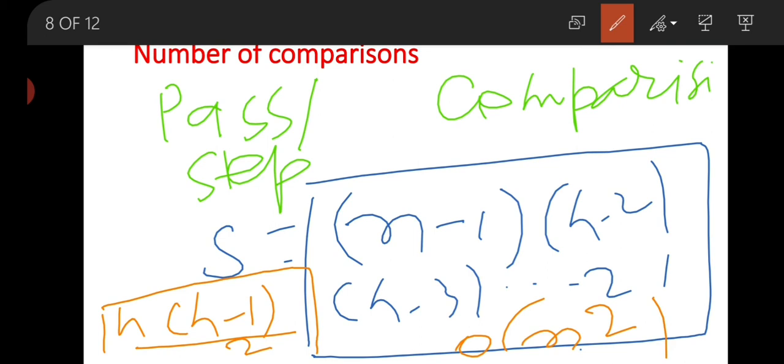What is order of n square, or why do we say best case, average case, or worst case? This is part of the idea of efficiency of algorithms that was removed from your syllabus, but for short knowledge we will cover it in your next classes after networking. So I think you have understood the number of comparisons done in bubble sort. Similarly, we can calculate the number of comparisons in insertion sort.